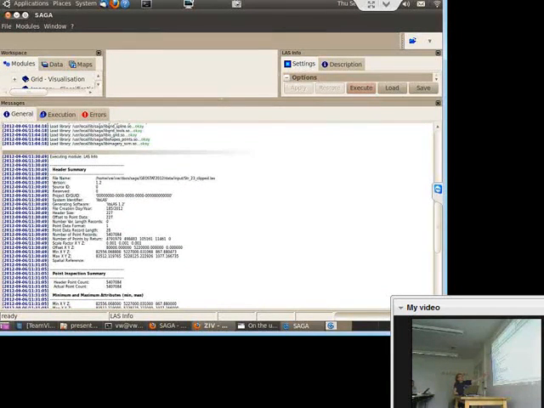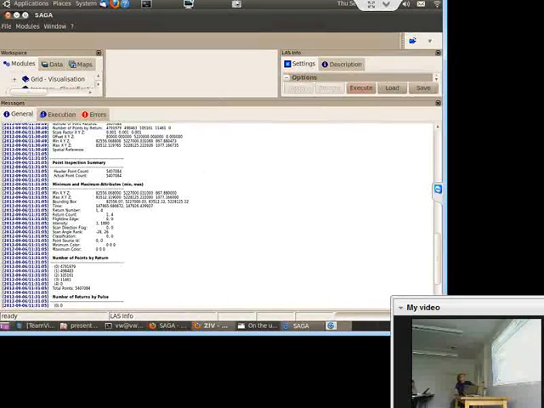Then we get a header summary, file name, for example, which software was used to generate it. Then we get some information about the number of points, about the bounding box, and stuff like that. And most interesting are the minimum and maximum values reported for the attributes. If you scroll down, you see that the LRS format could store all of these parameters from time, that is GPS time, to return number,